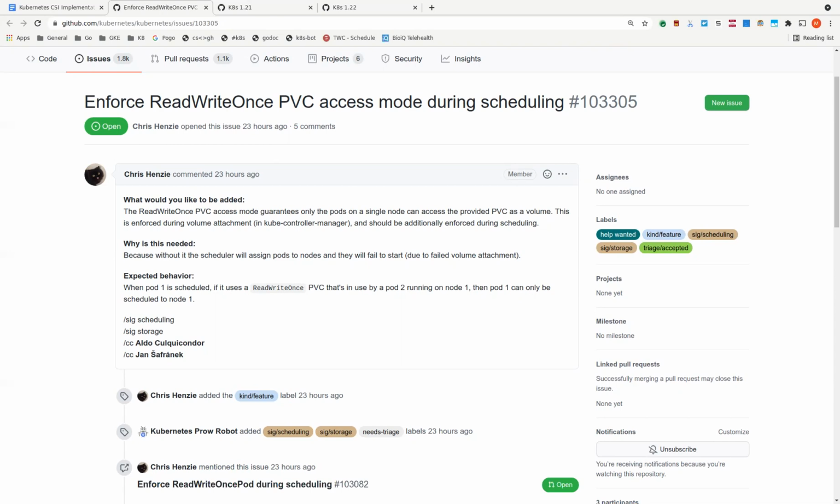And I understand that this is a behavior change, and maybe there's customers out there that rely on this behavior, and this probably requires a bit more investigation to figure out all the corner cases. But I wanted to raise this topic with the SIG to figure out if this is something that we're comfortable doing. And if not, we should probably have more conversations, or I'll have more conversations with SIG scheduling on potentially rolling back the scheduler enforcement for this new read write once pod access mode.